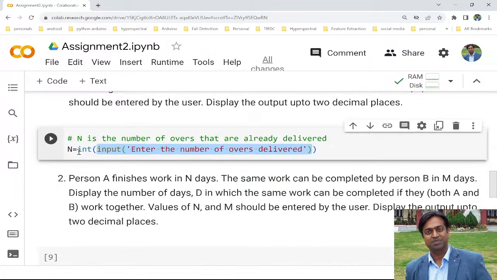user, and then I did a typecasting, because as I told you many times in the previous lectures, the value that this input is going to return is going to be a string and we need to convert it into integer. So over here int is there, right? Now after that